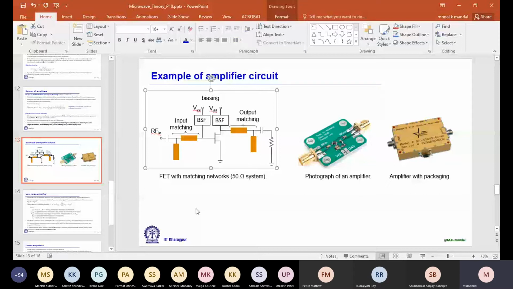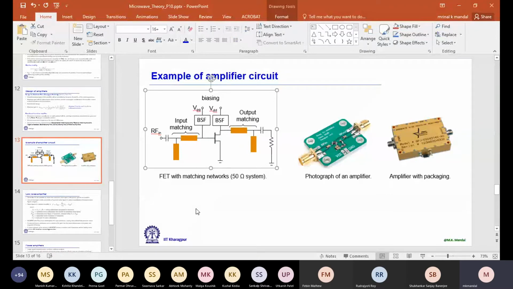Now, when we fix the Q point, it is not arbitrary. First of all, you should note down what your application range is. Are you going to use it as a low noise amplifier, or as a power amplifier, or simply a linear amplifier? A linear amplifier we use to boost up the gain in the amplifier chain. So first is the low noise amplifier, then we add some more amplifiers to increase the gain further. They work as linear amplifiers. So first you should note down what the application would be.